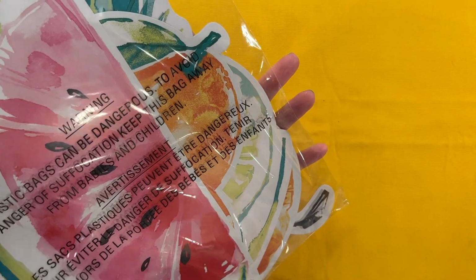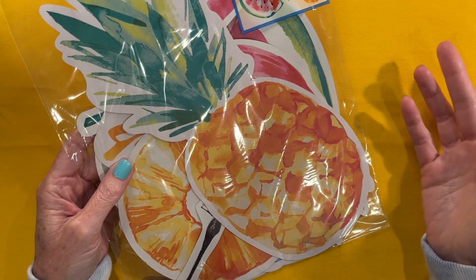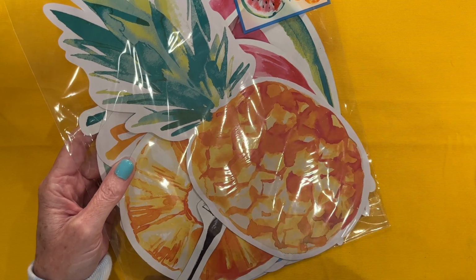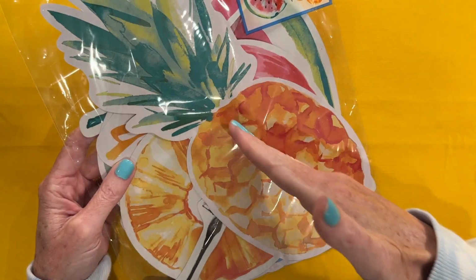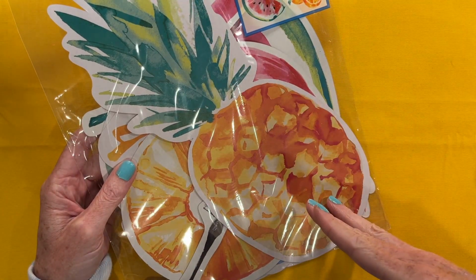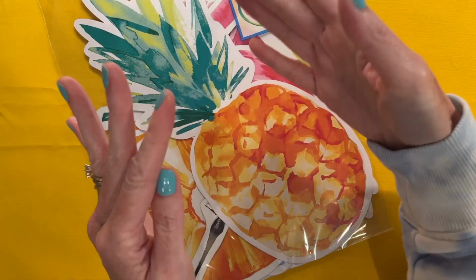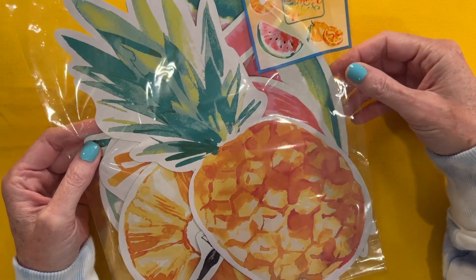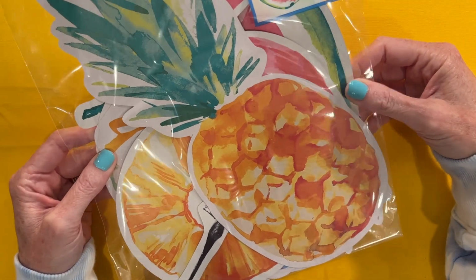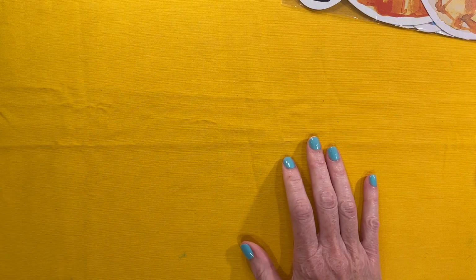Now, these are two-sided. Though these are way bigger than anything I could use them for, I was like, I'm just gonna get it for $1.25 and see how I can be creative, whether I cut them and put them on the edge of a page or at the edge of a cover, or I fold it in a certain way, like fold this pineapple in half and make a flip book. So if you guys have any ideas on how to use very large cardstock cutouts like this in journals, let me know. But I just went ahead and grabbed it anyway, just to have here,